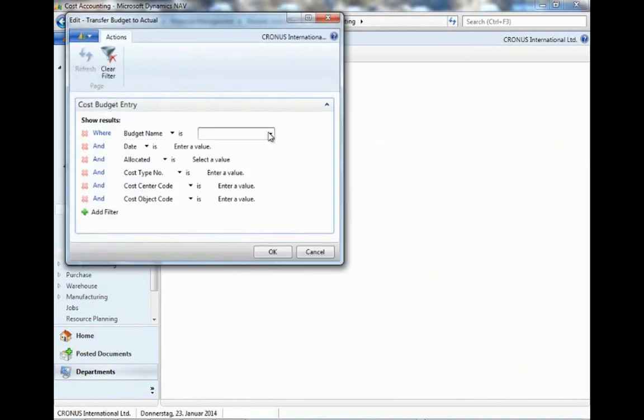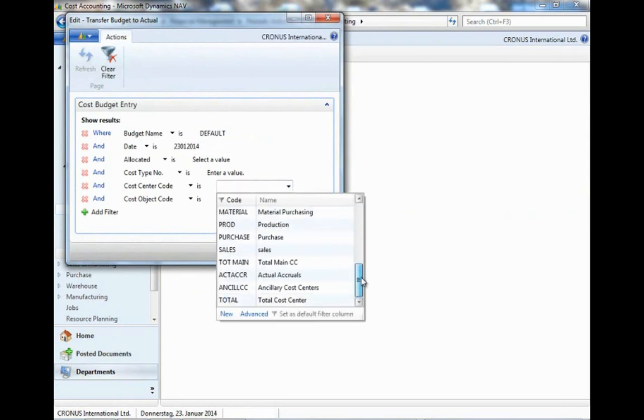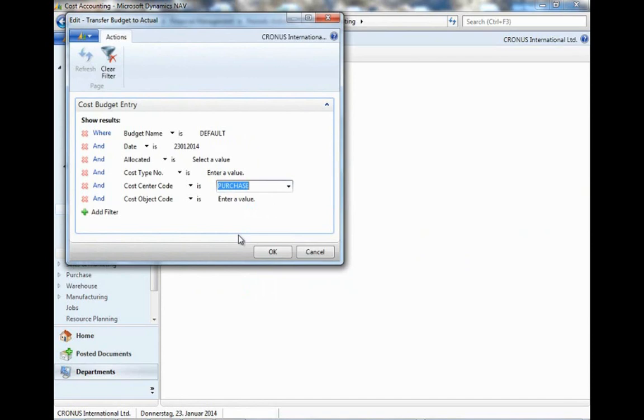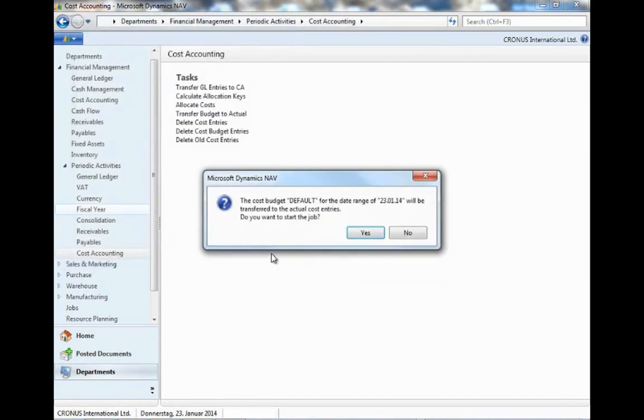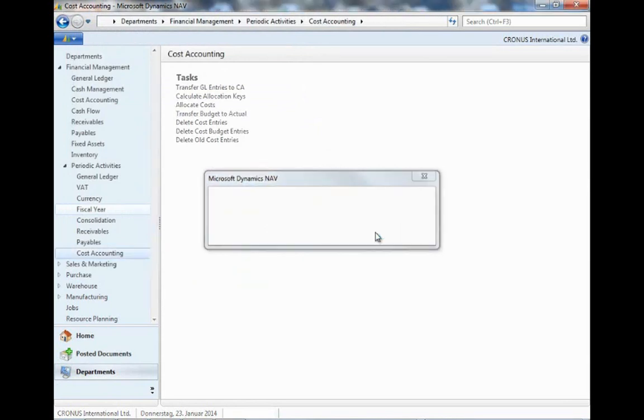The budget name was default. The date was the working date. And the cost center was purchase. And if I now click OK, yes, yes,